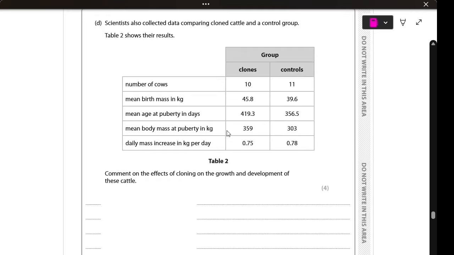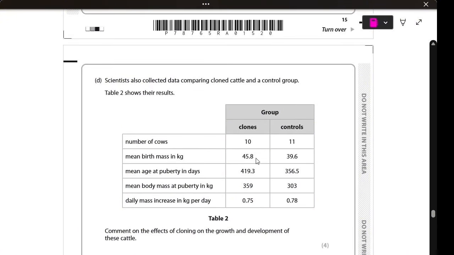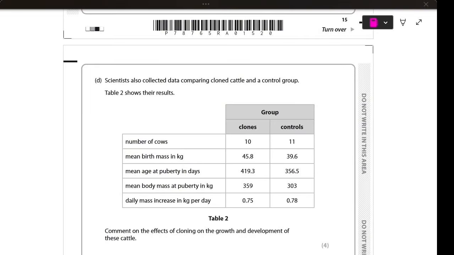Mean body mass at puberty: mean body mass is greater for clones, and daily increase in mass is about the same for both clone and control group. Comment on the effect of cloning on growth and development of this cattle. So for growth and development, we can see that our cloned cows have greater birth mass and reach puberty later than control groups, but have greater mean body mass than control groups. So they're greater in these aspects, but